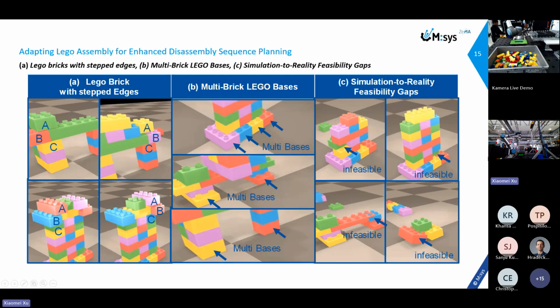Finally, the right figure illustrates another issue. The ASAP sequence planner sometimes generates sequences that cannot be physically executed by the robot's arm. To resolve this, we must refine the collision detection criterion to ensure a feasible sequence that follows the bottom-up assembly approach. In the next slide, I will show the video